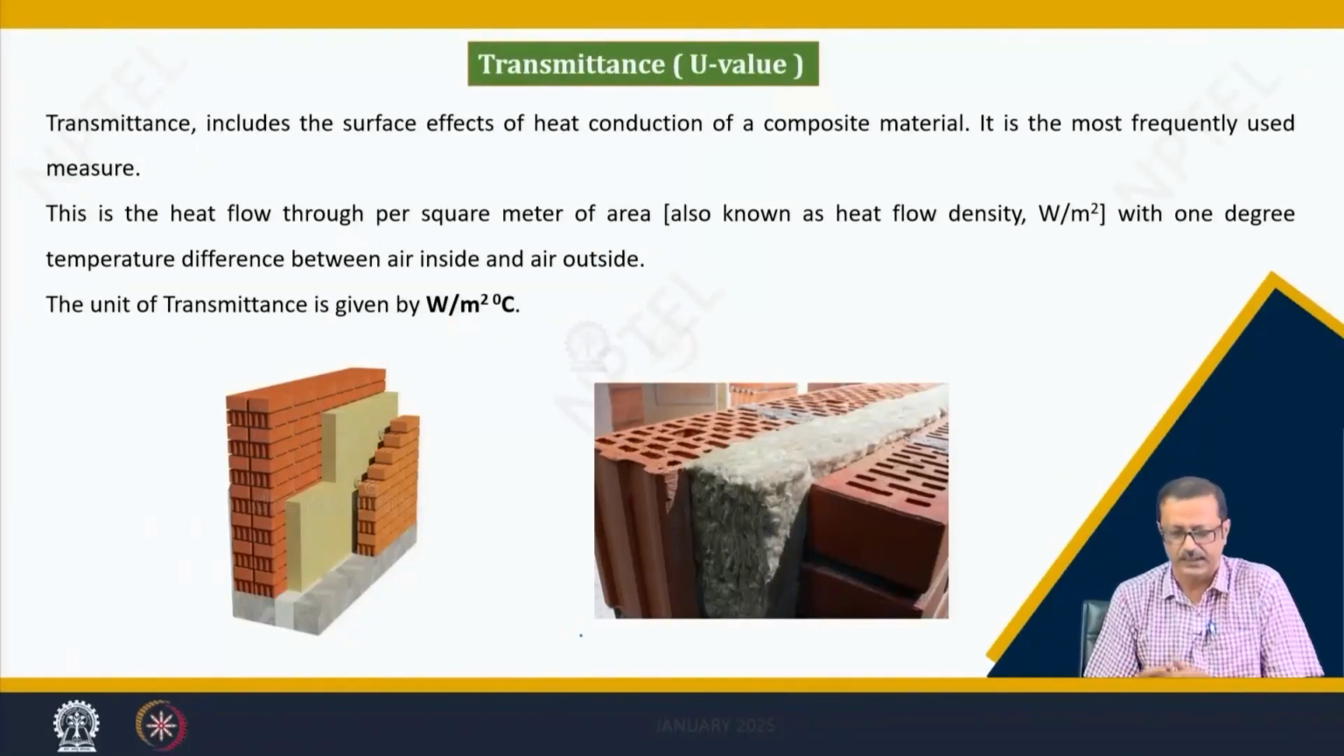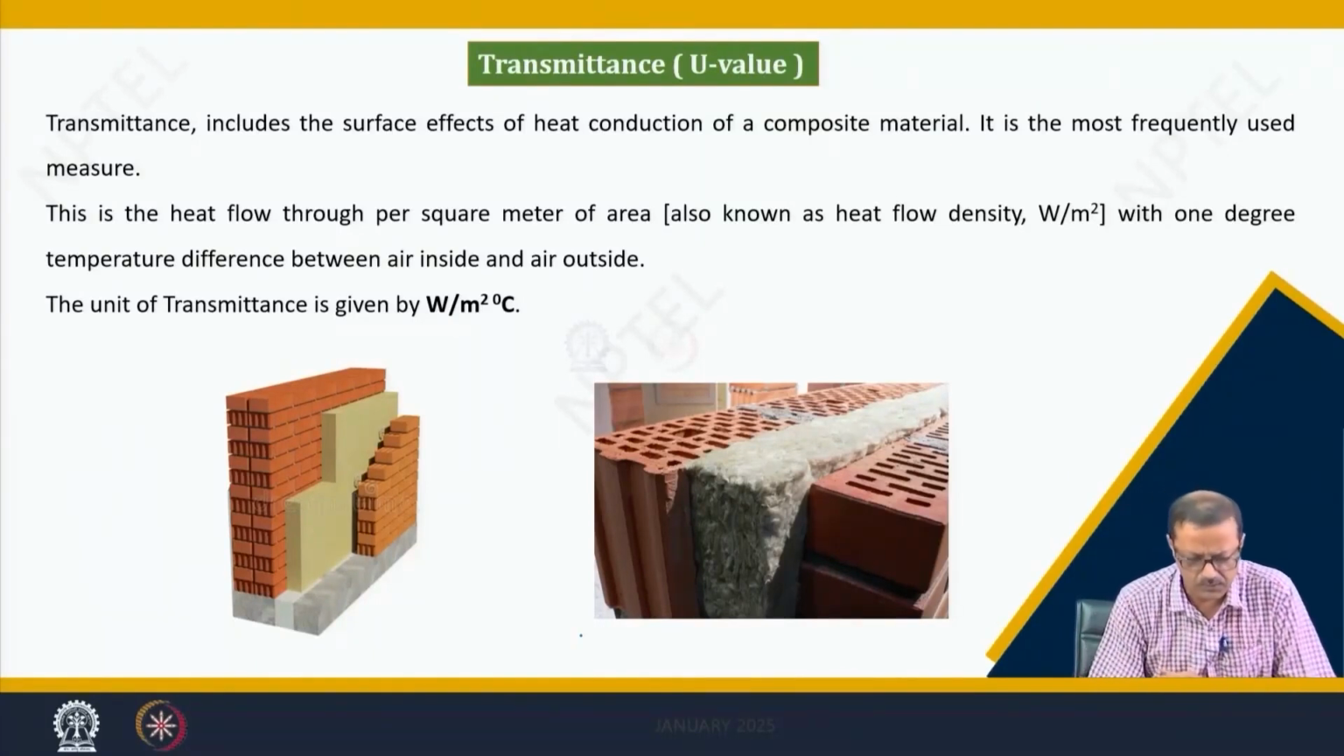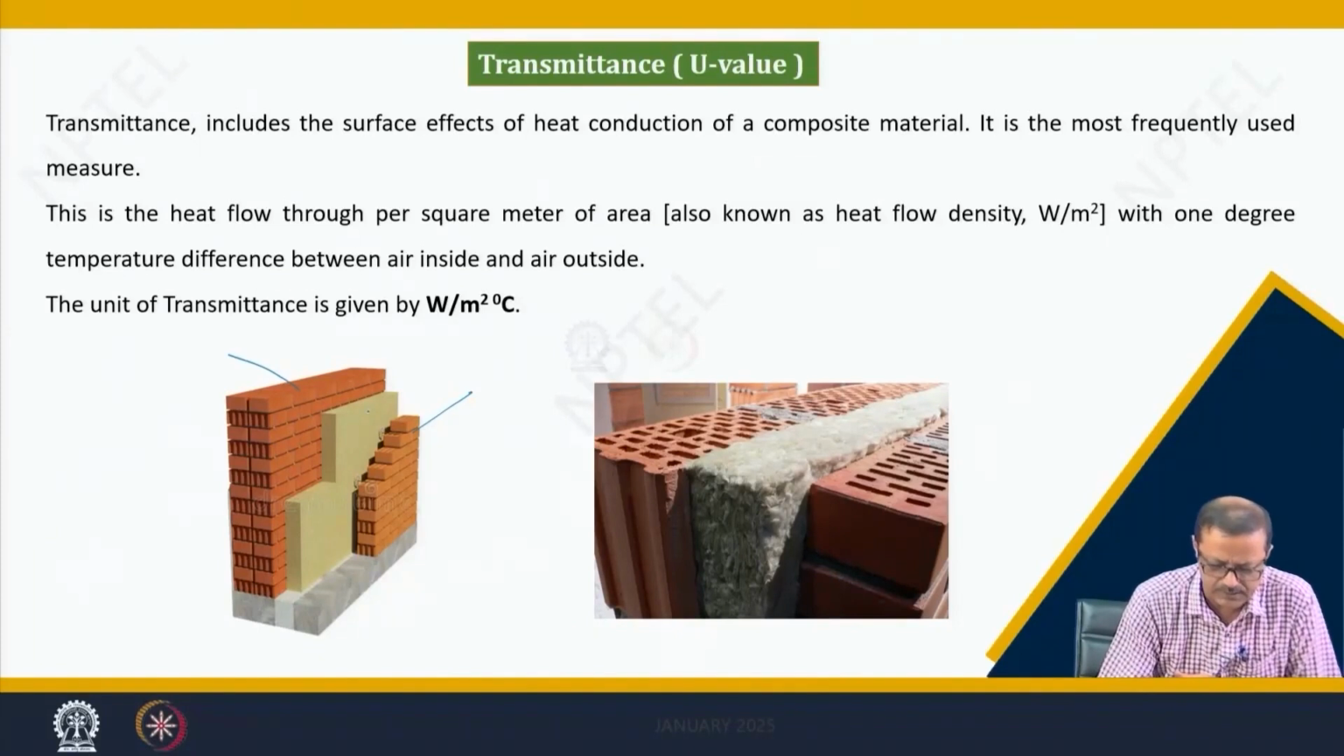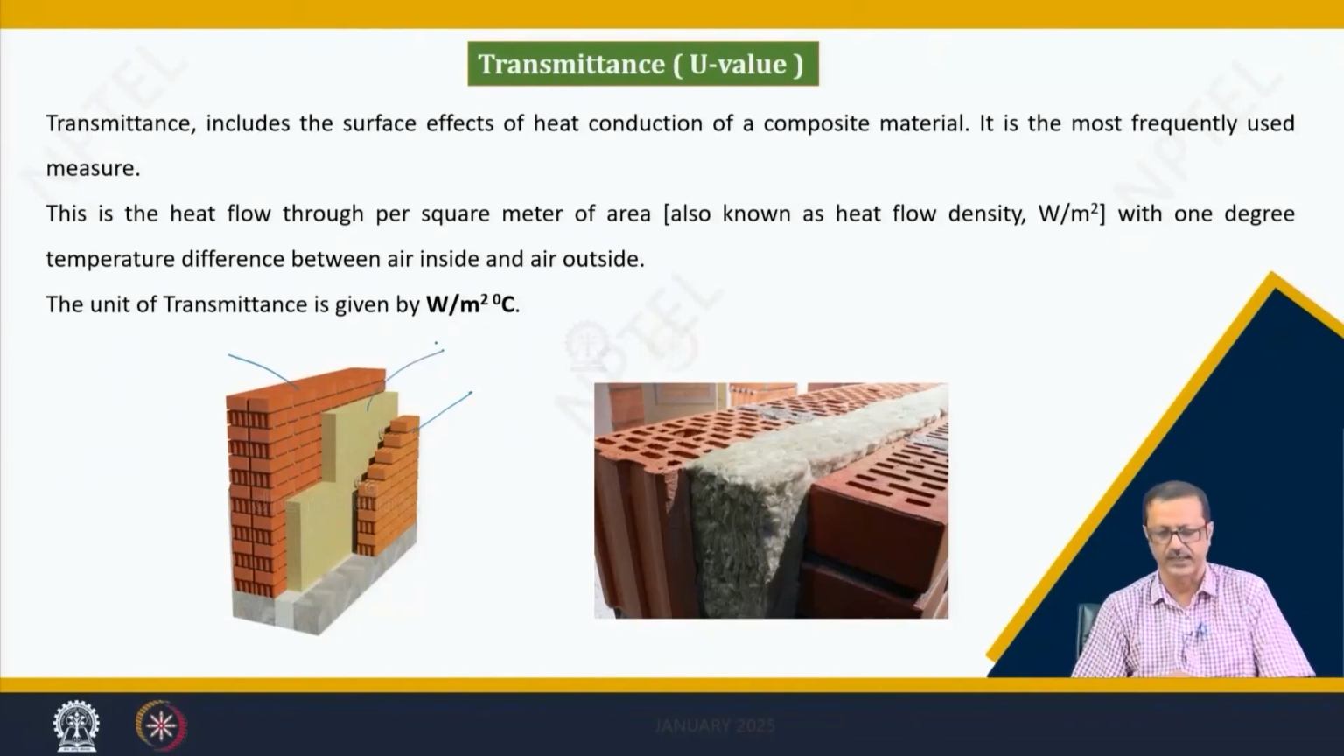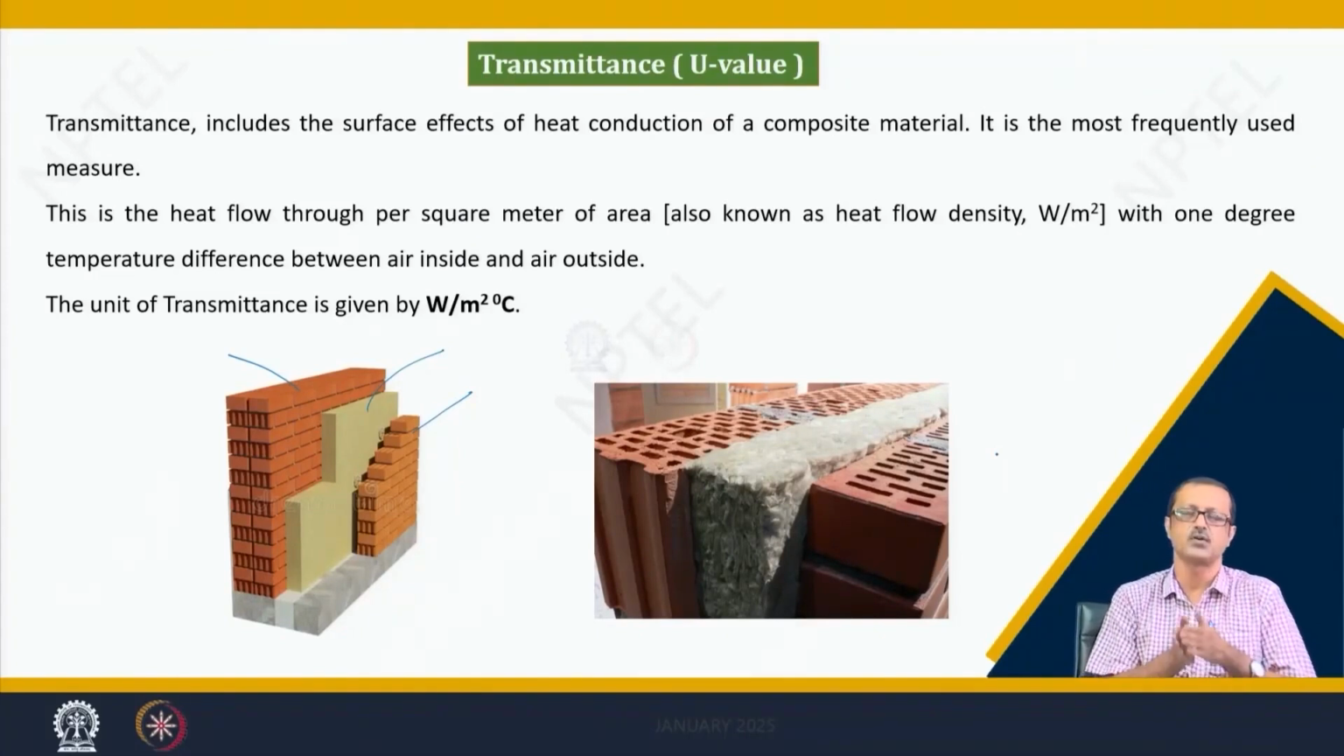So, for that particular scenario, there is a different type of material. Suppose this is two layers of brick, and in between there is an insulative layer, something like hollow blocks with an insulative layer. Each layer will have its own K value and its own thickness. Based on that, a composite conductivity or composite value will come for that particular combination, which is called